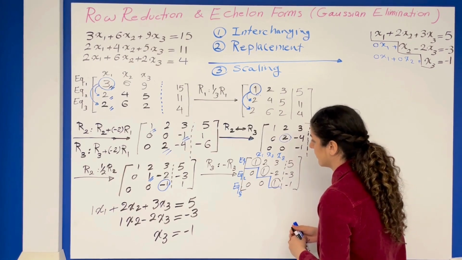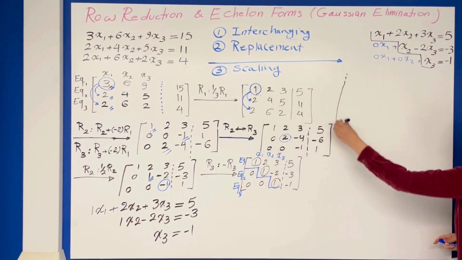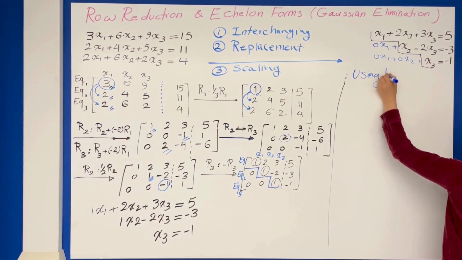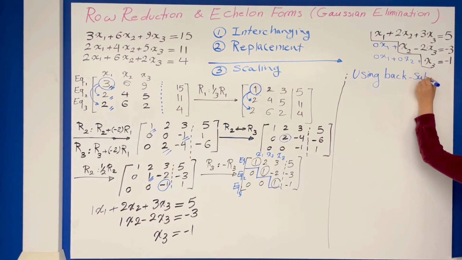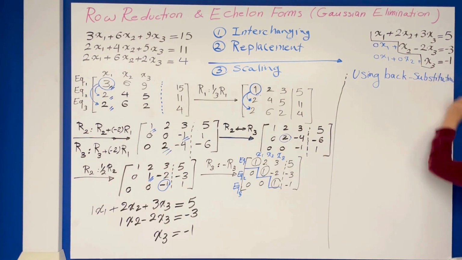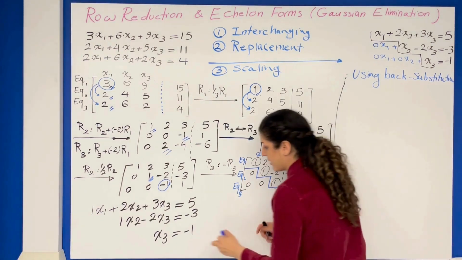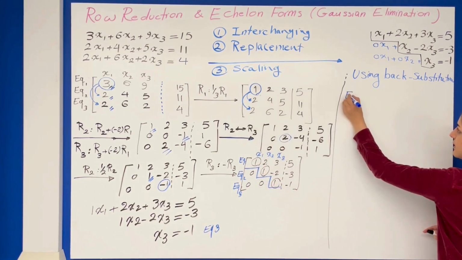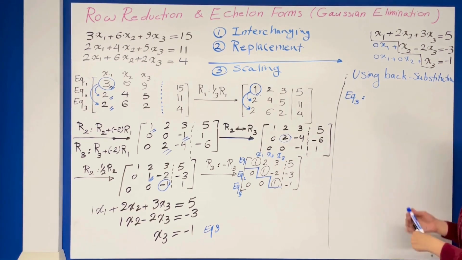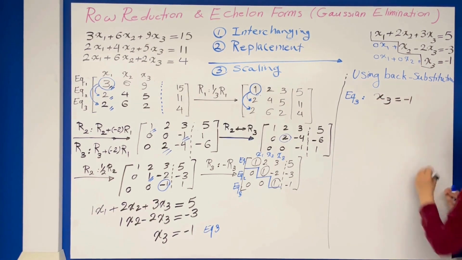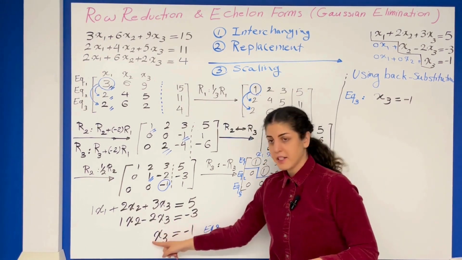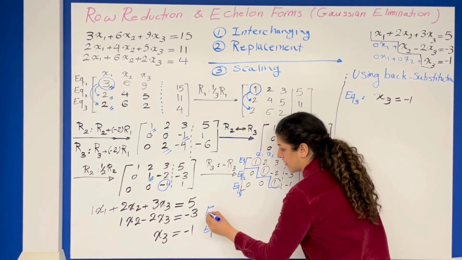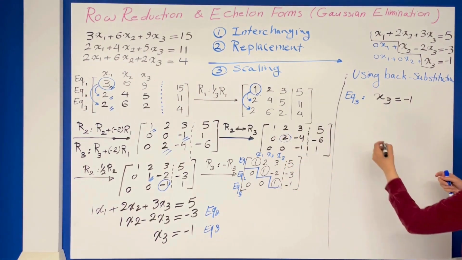Now, we are going to use back substitution. So I'm going to just write it down here. Using back substitution, we're going to solve the system. So I start with the third equation. So from the third equation, I can get x3 to be negative 1, right? Now, I get the result of this equation and plug it in the previous equation, second to the last equation. So this is equation 2. So from equation 2,